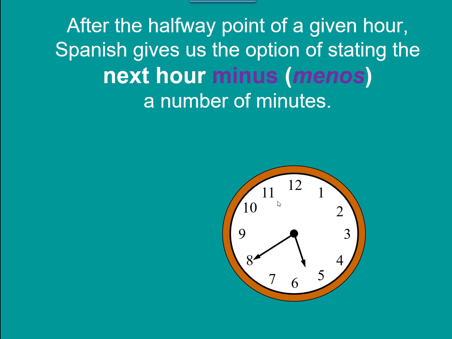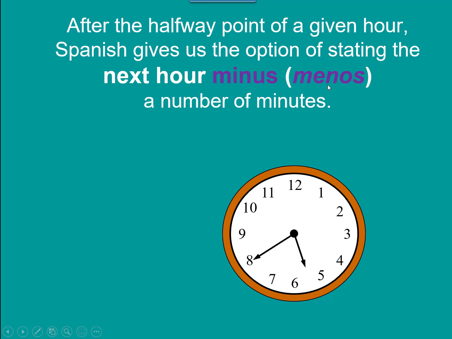Okay, so after the halfway point, after you pass the 30 minutes of a given hour, we also have the option of saying not just 5:40, that could be son las 5 y 40. That is fine, it's correct. But we can also say, the same way that in English you can say it's 10 till 5 or 10 till 2, things like that. We do something similar. In Spanish, we use the next hour. So if it's 5:40, what's going to be the next hour? Like I said, after you pass the 30 minutes, okay? So you would say the next hour, son las 6,